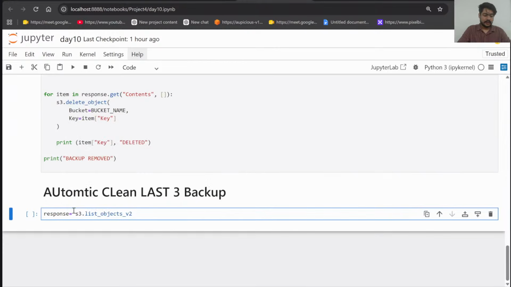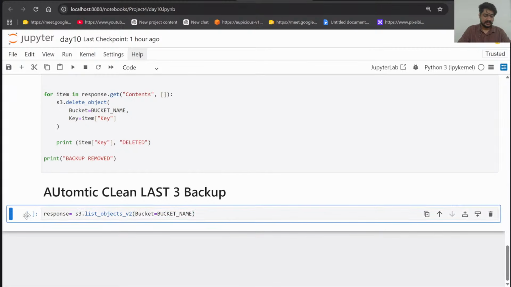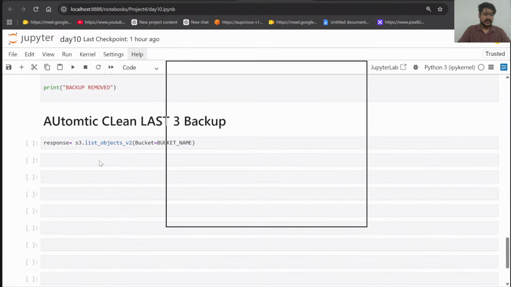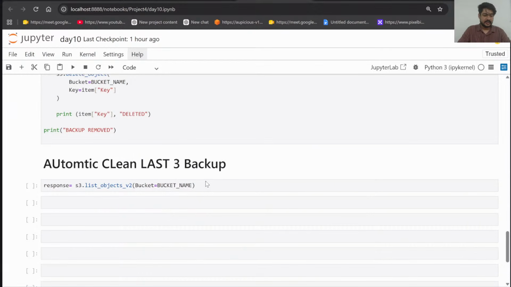This is the function we are going to use inside the bucket. What is the bucket name? It is bucket_name. So this is the response we want to be stored. And here I'm setting up one folder. So let me add multiple cells below so that I can move it a little bit up. So here, in this case, I want this bucket name to be retrieved.